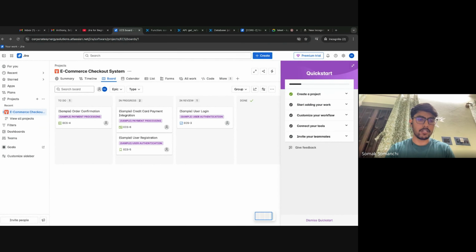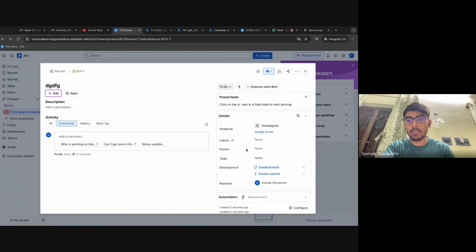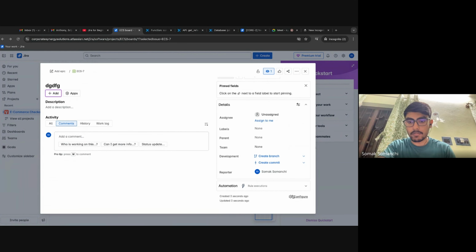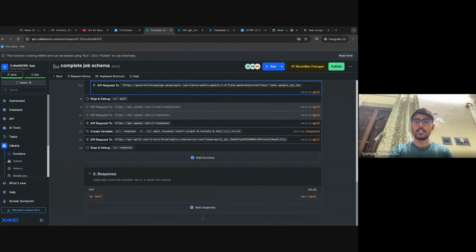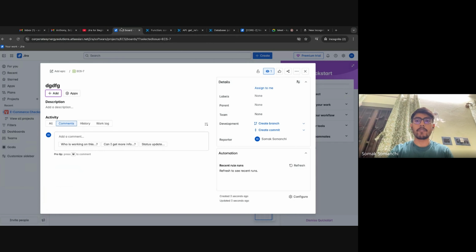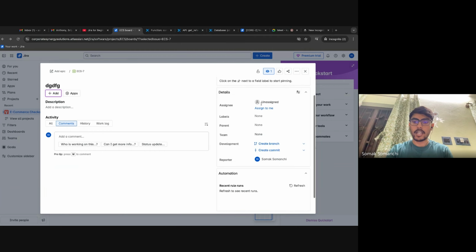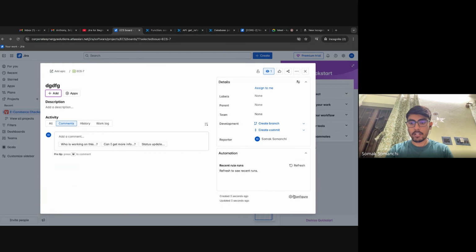So I'll click create, and then let's say I select request, right? So anything I'll type in, that is one thing, one ticket created. And if I click on that, so now from here, what we can do is we can have some automations running on that. If this test passed, like a build has passed, then we can move it to done like that. So that is one way of doing it. And what is more, you can say,